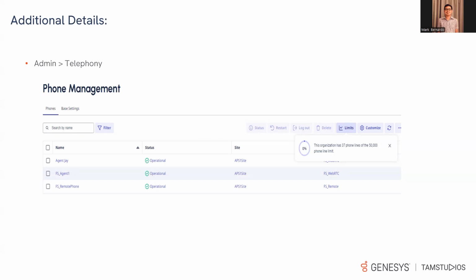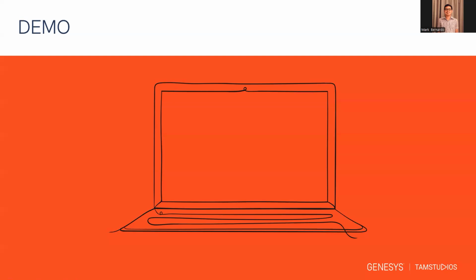Additional information: if an entity reaches 80 to 89% of the limit, the percentage information will be yellow. If an object reaches 90% or above, the percentage button will be red. Then if an entity reaches or goes above the upper limit, a warning message will show in the dialog box. So for demo purposes, let me log in to one of our sandboxes.